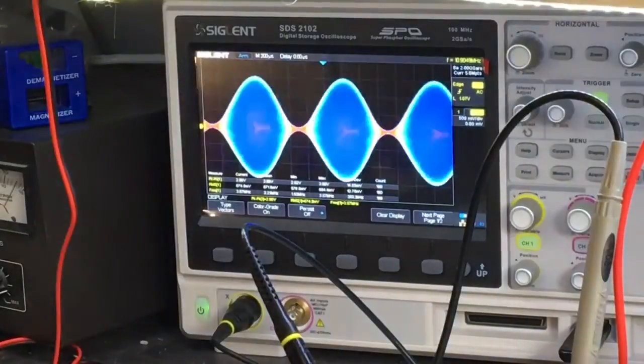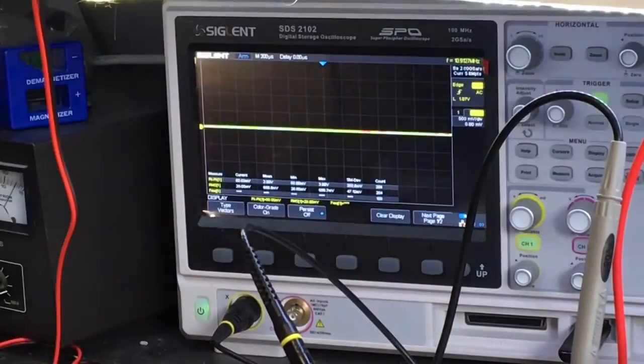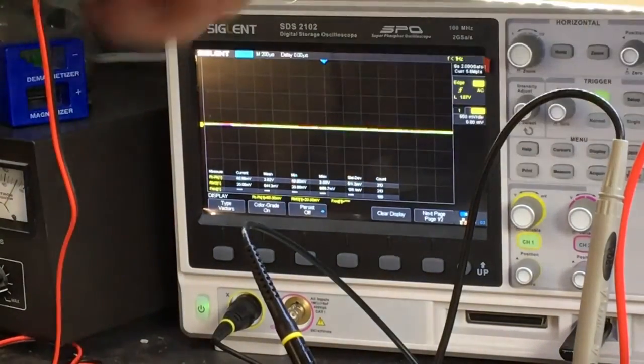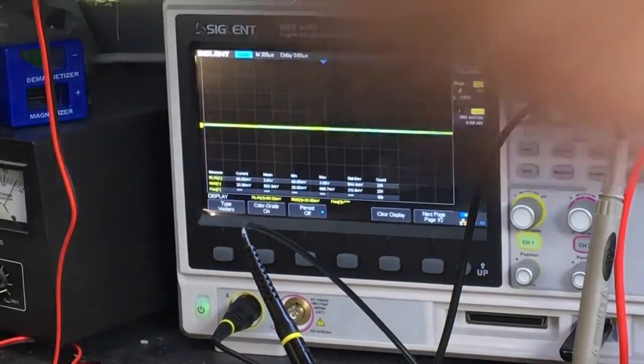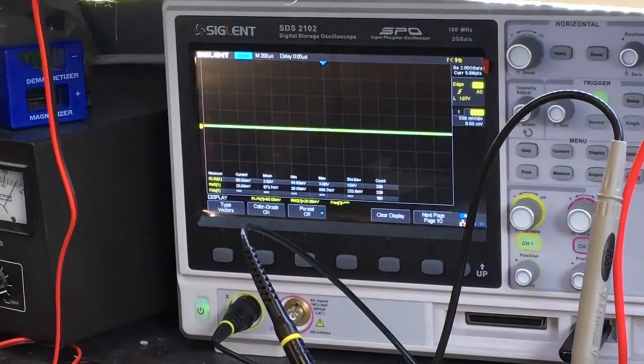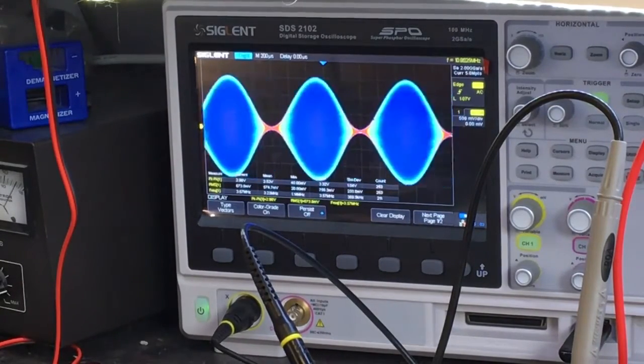The next thing I'll do. So I've done not to leave it transmitting for too long. Let's do the same thing over here. Let's make sure it works for it. Say, hey, look at this. So